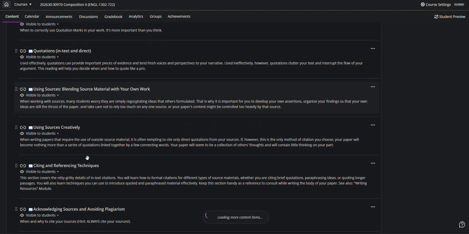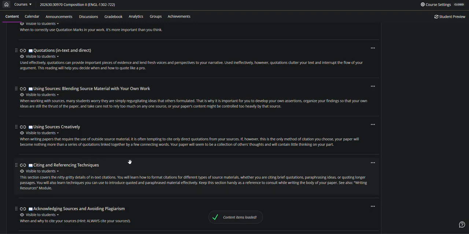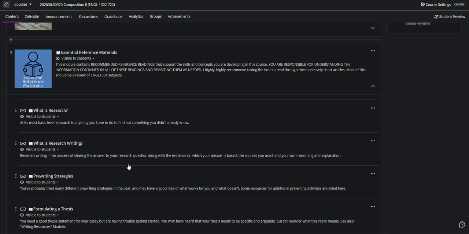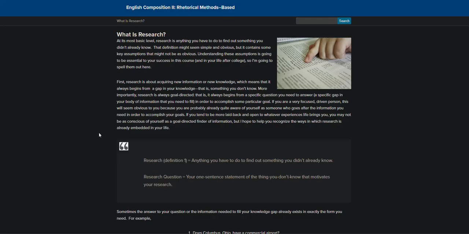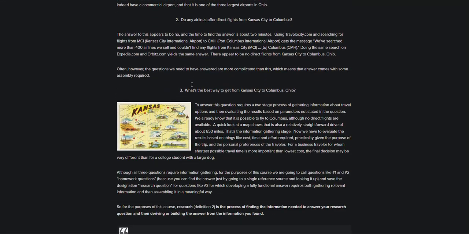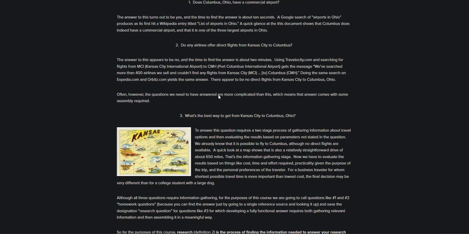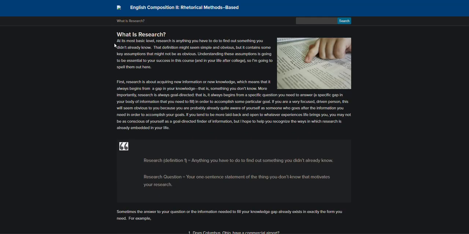So I highly recommend that you take the time to take a look at these articles. It shouldn't take you that long to read through them. They're fairly short. But for example, the very first one, what is research, is only a couple scrolls long, as I like to say. But it talks about what research is.